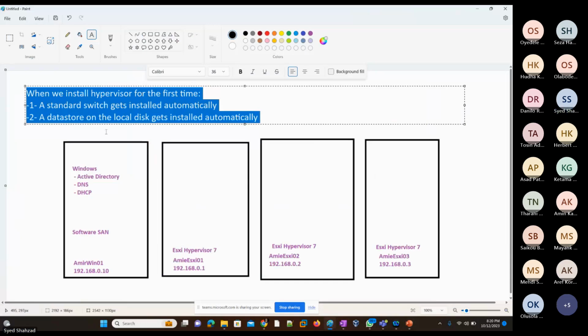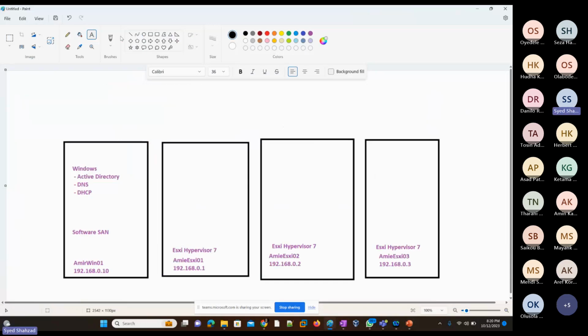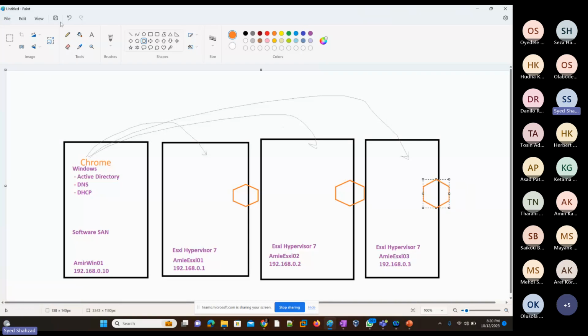If I go to the diagram here, from Chrome browser, we are remotely connected to this hypervisor, right? How are we able to do that? We are able to do that thanks to the standard switch that is already installed in all hypervisors. That is a standard virtual switch, and when the hypervisor is installed